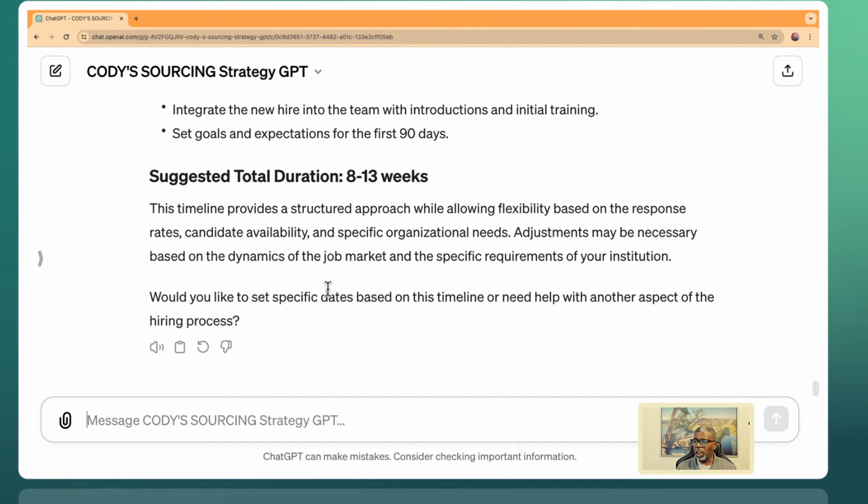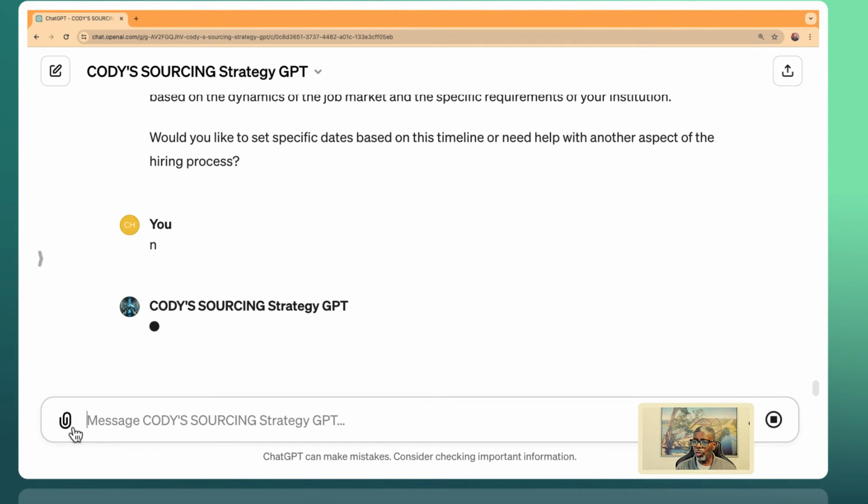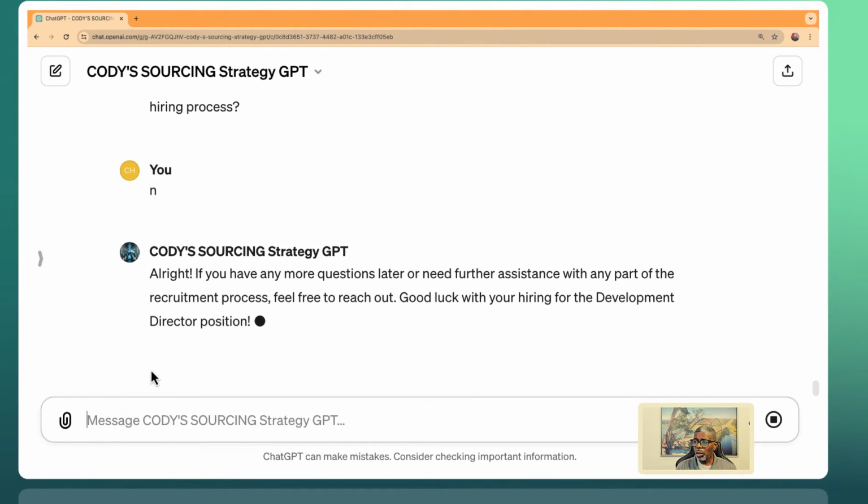So now, would I like to set a specific date based on the timeline? So it's learning and it's moving forward. I'm going to say no. So do I have any other questions? And I don't really have any other questions, but what I want it to do is I want it to export